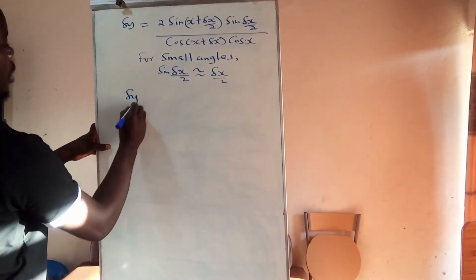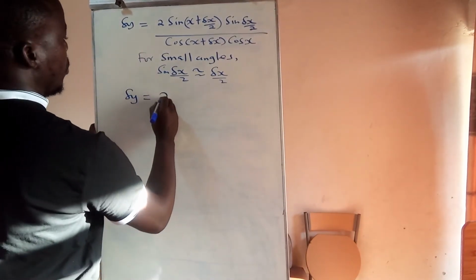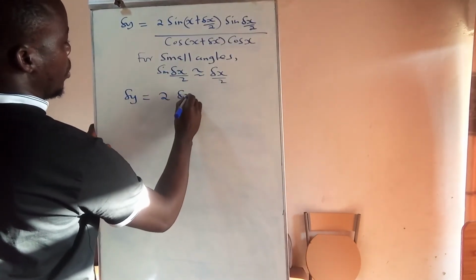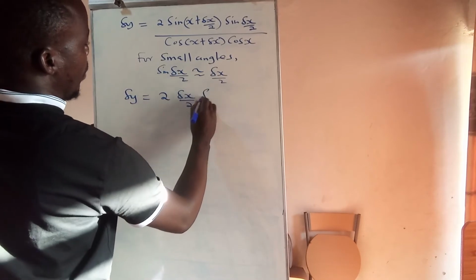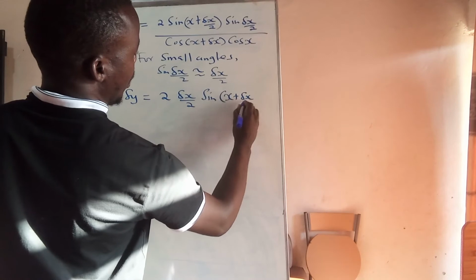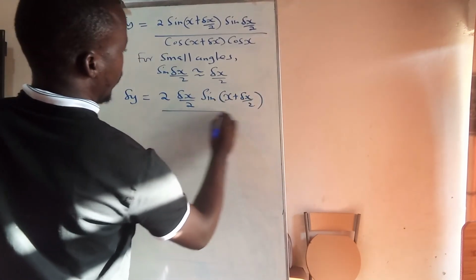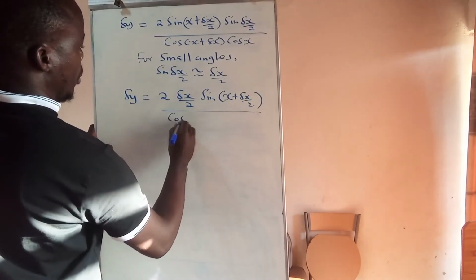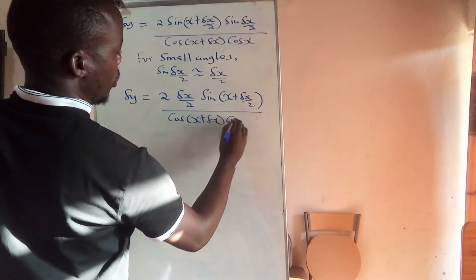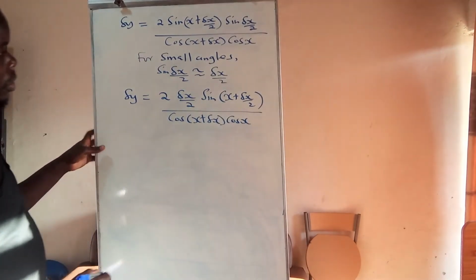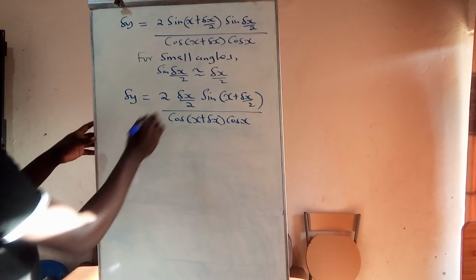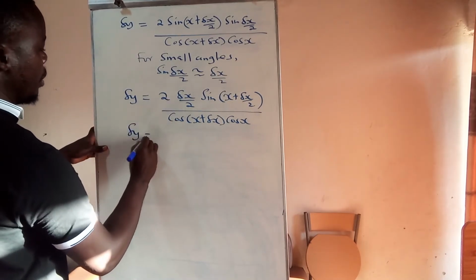That now means that delta y becomes 2, the 2 we have here, multiplying delta x out of 2, but we are remaining with sine of x plus delta x out of 2. All this divided by cos of x plus delta x, then cos of x. From this level, we can now realize that the 2 and the 2 can cancel. So we remain with delta x on the right hand side,